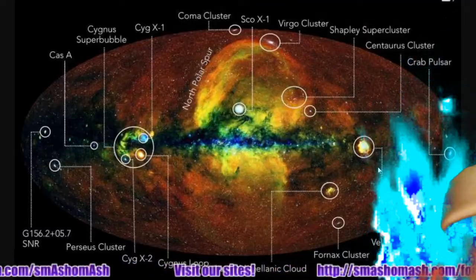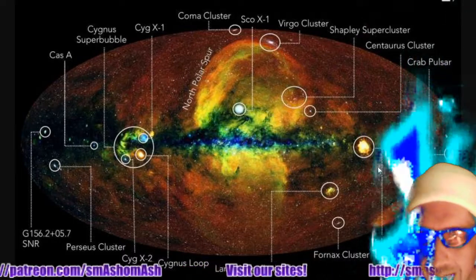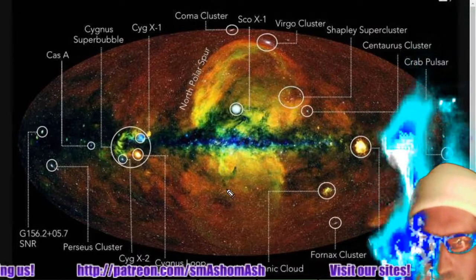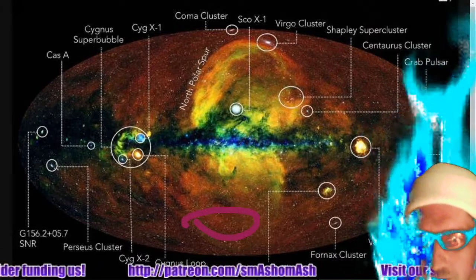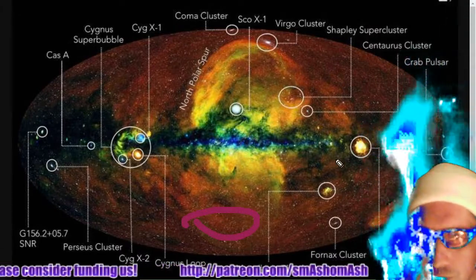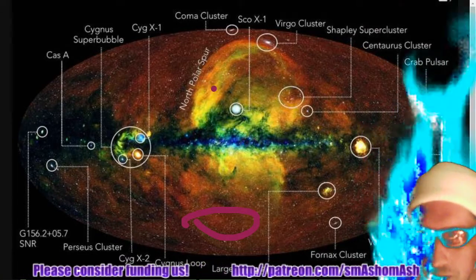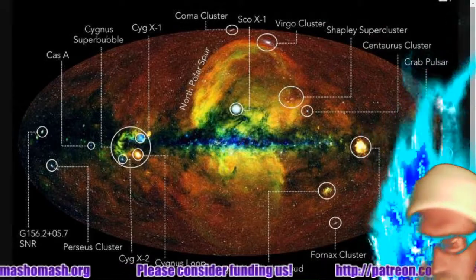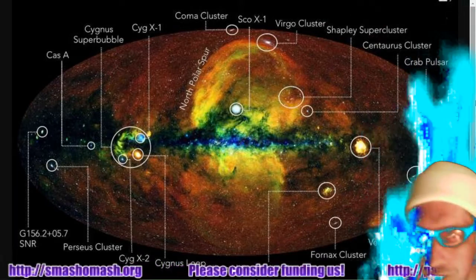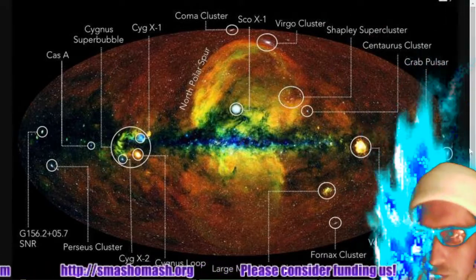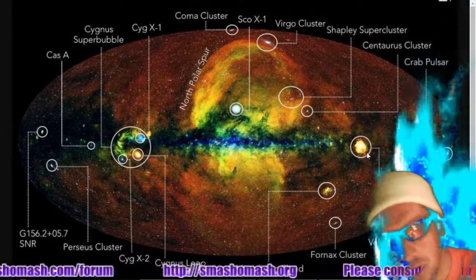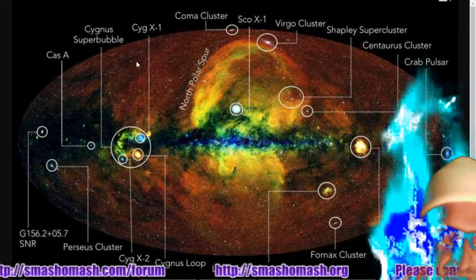Next, let's talk about some cosmology stuff. The X-ray images here. I would note that the red is the lowest energy levels, followed by yellow, then green, then blue, blue being the highest energy levels. A great X-ray image here of the galactic plane, showing you the Crab Pulsar, the Orion Nebula, the Vela supernova remnant, the Cygnus Loop, Cygnus X-1,